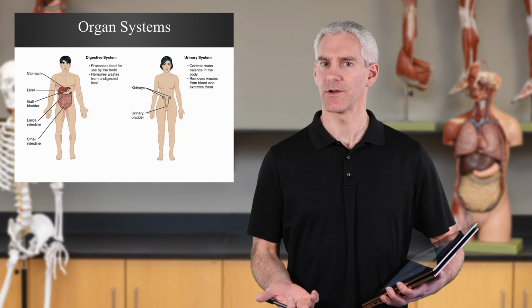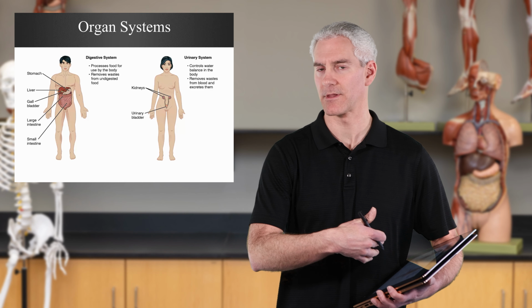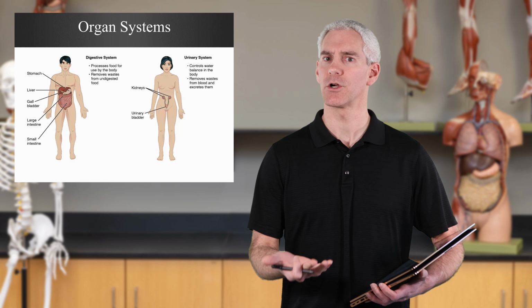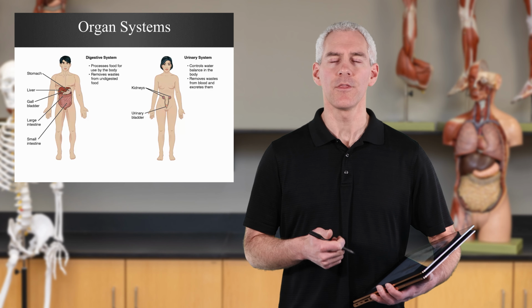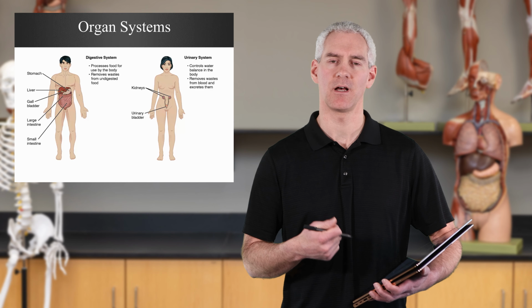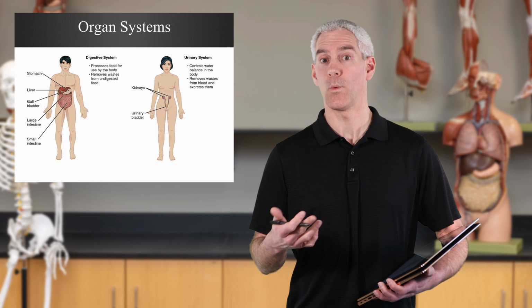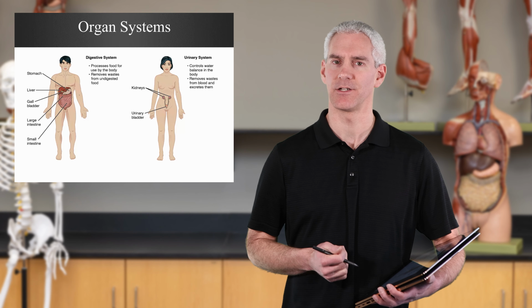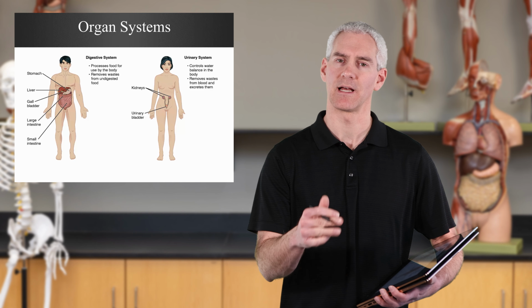The urinary system. In the case of the urinary system, you're thinking kidneys, which are on the posterior side here. Think of the urethra, the ureter, the urinary bladder. The point of the urinary system is to help with filtration of your blood, removing waste, but also anything that's in excess, ions that you don't need, for excretion out of your system.